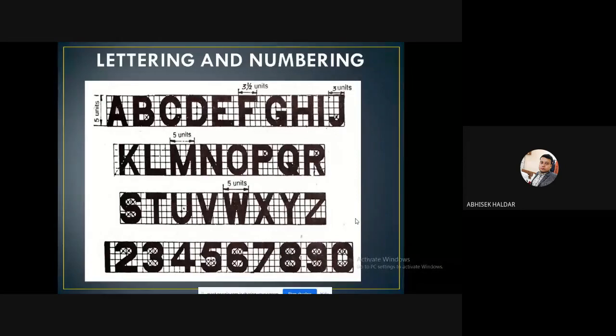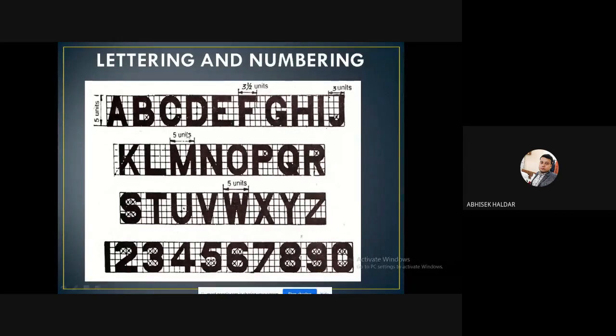So that should be written in a proper fashion. You cannot write according to your own way. Why am I telling this? Because each of the fonts in this slide has some size. You can see there are 5 units. The unit may be millimeter, that is dependent, but think about the ratio: if the height is 5 units, the width is 4 units. If you count these boxes, 1 2 3 and 4. And for all the fonts the height is 5 units.